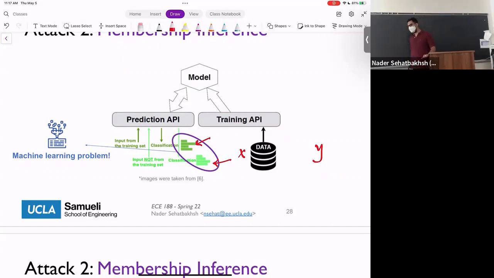And in practice, people have shown that there's fundamentally a difference between the confidence values from an input that is coming from the data set and the inputs that are not coming from the data set. And they're basically trying to learn those differences and build their oracle based on that. Okay? So again, to just repeat what I just said,